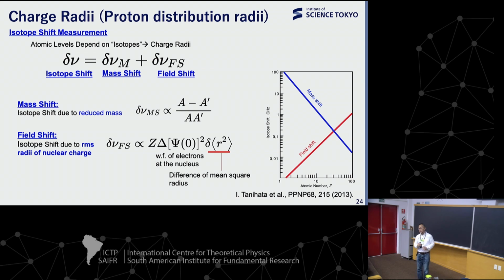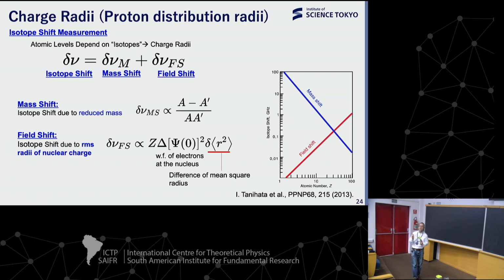Okay, and of course, matter radius means a radius including neutrons and protons, right? So we need to extract only the neutron part. For that, we need to know the proton density distribution, right? And for that,